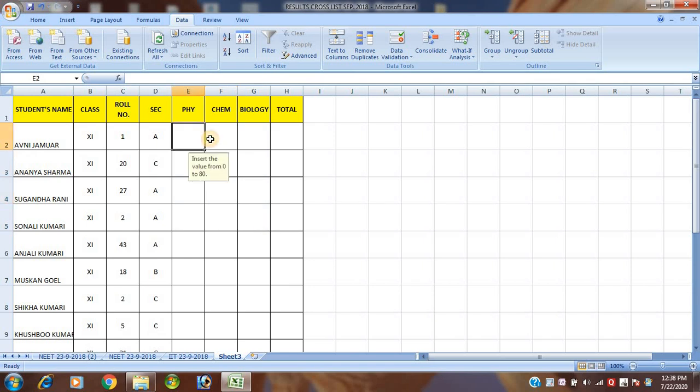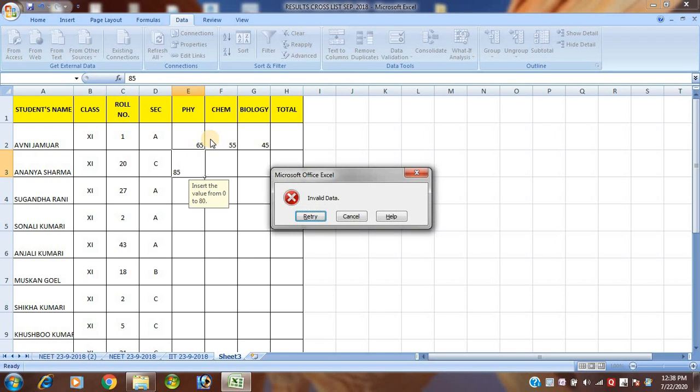You see, when I insert the data, 65 has been taken, again 55 has also been taken, 45 has also been taken. Is that clear student? Suppose I want to insert 85 here, you see this value will not be accepted, because above 80 I have inserted, that's why it will not be accepted.